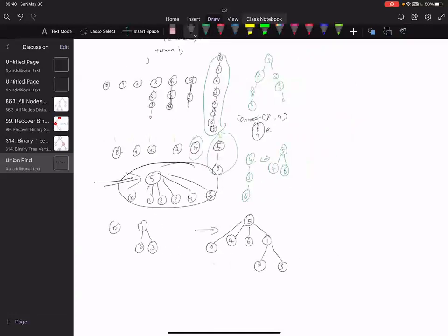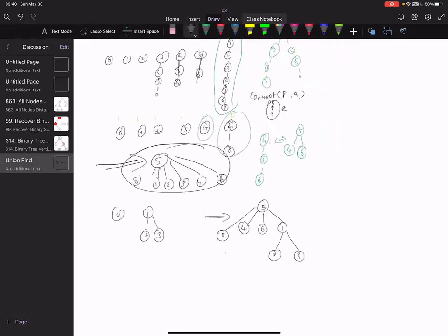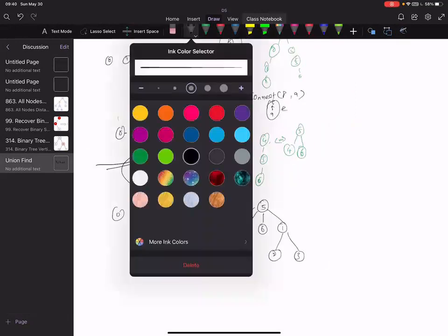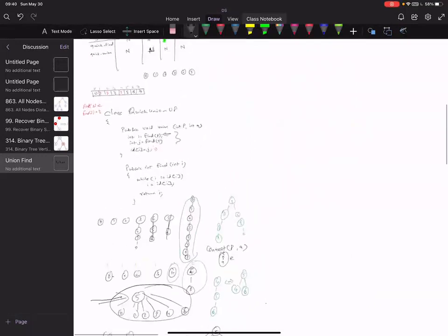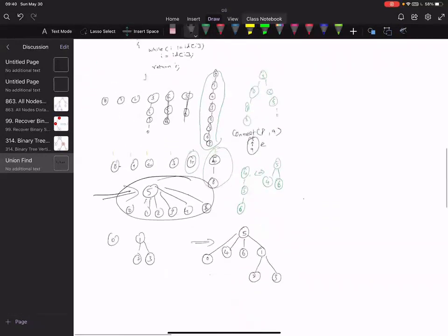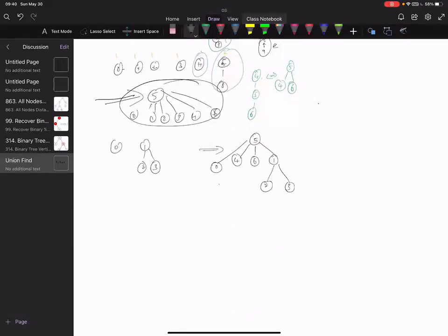Bhavesh, I have a question. Sorry to interrupt. How are you deciding which one to take as the parent here? Let's say both have the same priority. Why are you considering only 5 as the parent? Oh, if both are the same, then you can do it either way. But if you write code, it's an if-else condition.